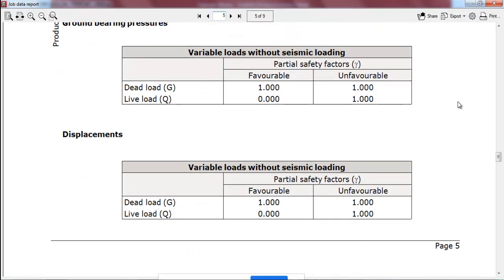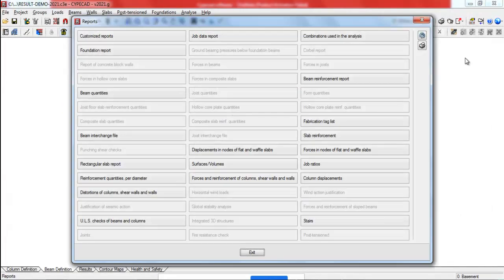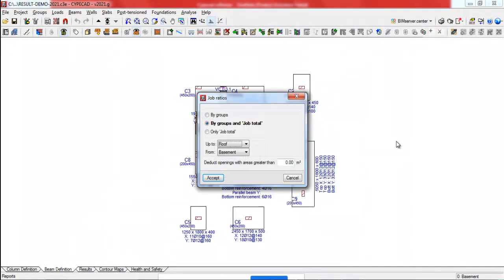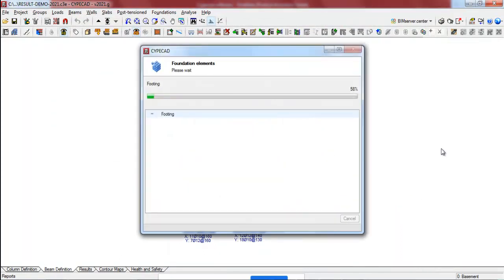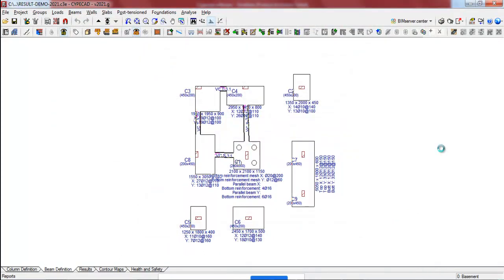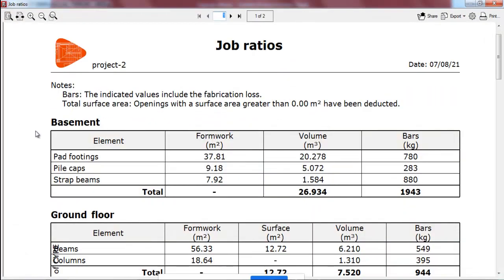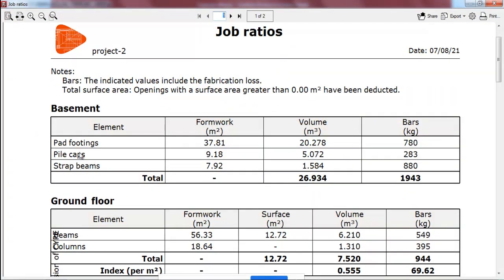Everything is available here. Okay, now similarly you want to find out the total quantity for the structure. Now you can just go to the report for the quantities here. Now the software will give you quantity item wise. For example, at the basement level, that is the footing level, you have got a pad footing, pile cap and strap beam.